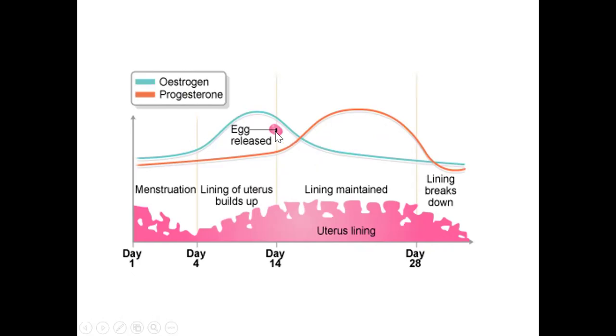After the ovulation, there is a change in the scenario. The estrogen is reduced abruptly, and at the same time there is a sudden increase in the progesterone. So there are two peaks: when there is an increase in the secretion, the progesterone is required, and when there is an increase in the width and thickness of the endometrium, the estrogen is required.